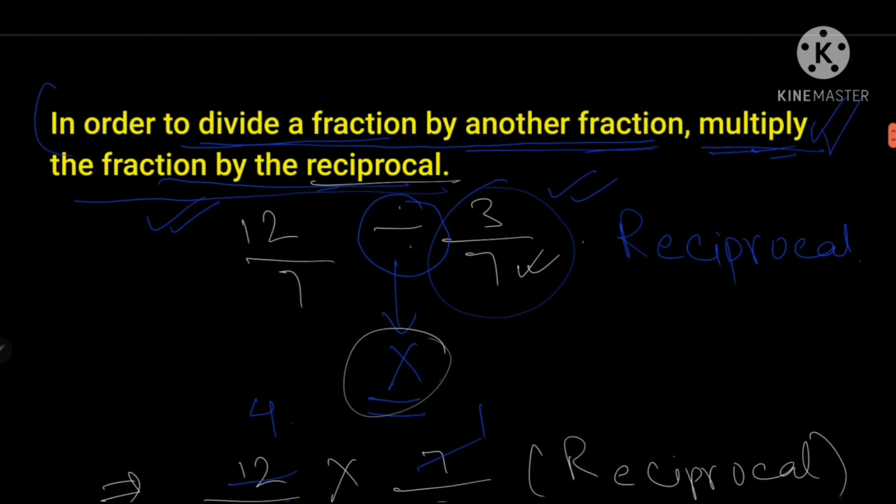A few rules that it says: in order to divide a fraction by another fraction, if we have to divide this, we have to multiply by its reciprocal. We'll change this first sign. Divide will get converted into multiplication, and 3 by 7, whichever number is coming after the division sign, that will convert into its reciprocal. Simple and sweet. No other formula to be applied. Whichever book we follow, whoever is teaching you, it should be as simple as such, nothing else.